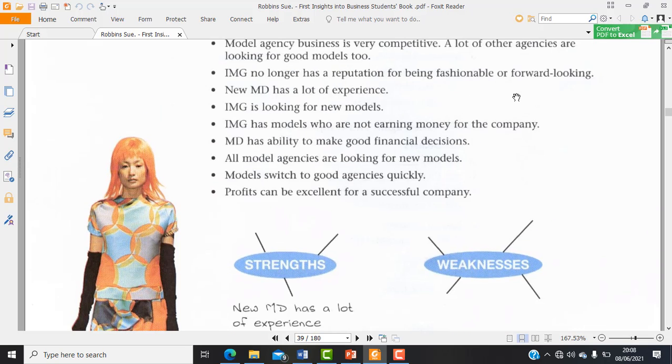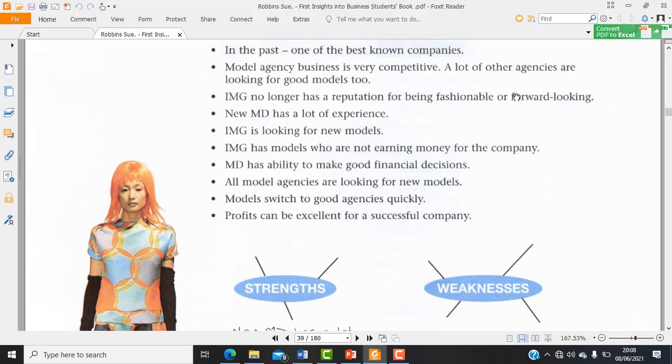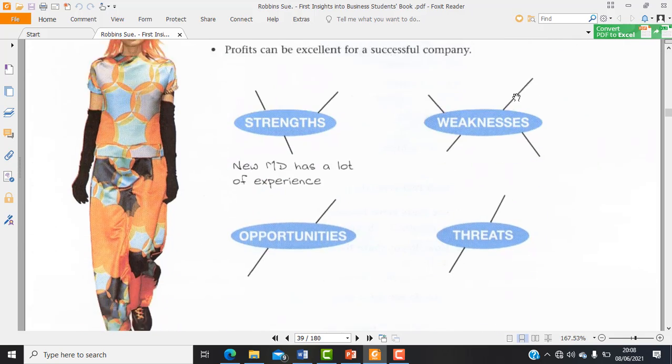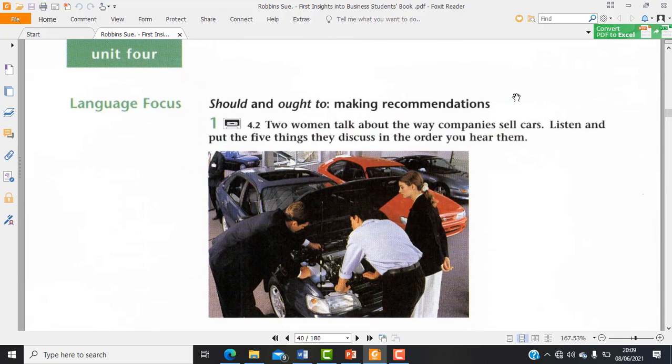So I think this is my answer, ya. I don't know if your answer is similar or no. Just check it out, ya. Just do it by yourself. Silakan kerjakan sama kalian sendiri nih guys. Nanti di kolom komentar. Okay, now we go to the next point is about making recommendation.